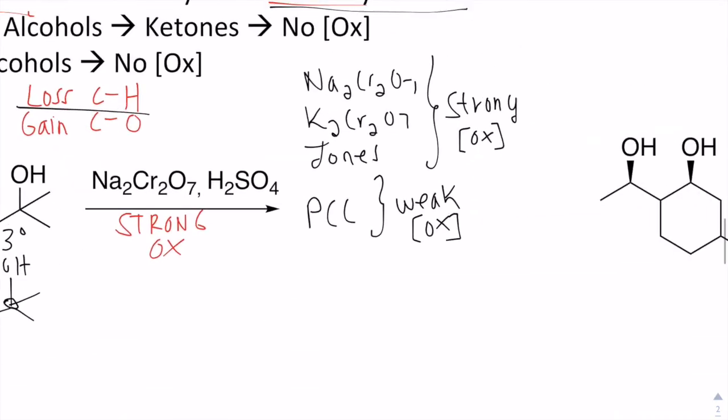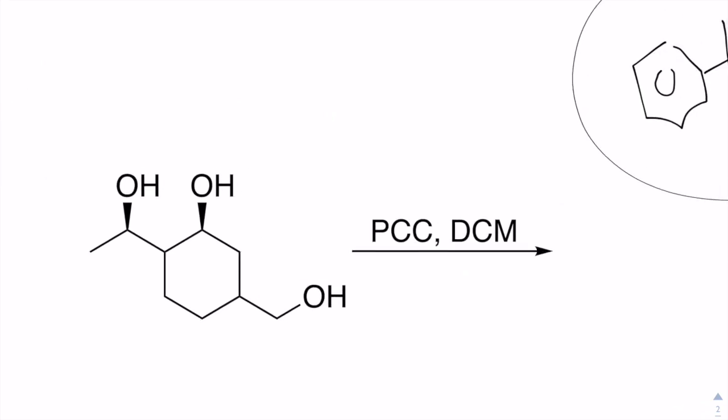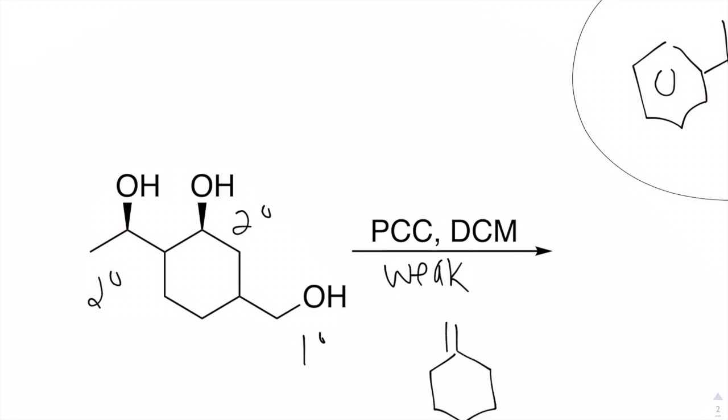Okay? So let's move to the weak oxidizing conditions. So we have PCC. So we definitely know that those are the weak oxidizing conditions. Typically, PCC is paired with an inert solvent like dichloromethane, which is also called DCM. So if I were to classify these, we would have a secondary and a primary. So no matter what the substitution is here, if it's primary or secondary, we're going to stop at the aldehyde and or ketone. So we would expect a loss of stereochemistry. So that becomes,